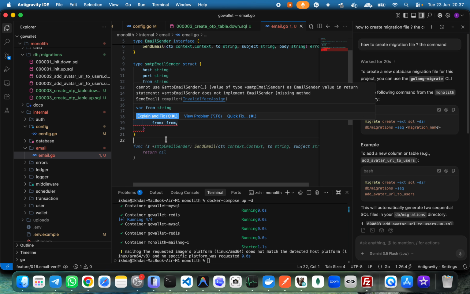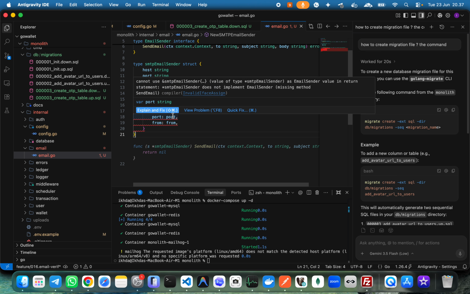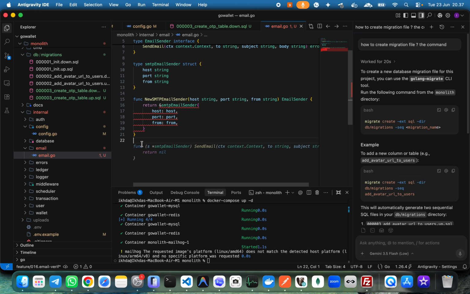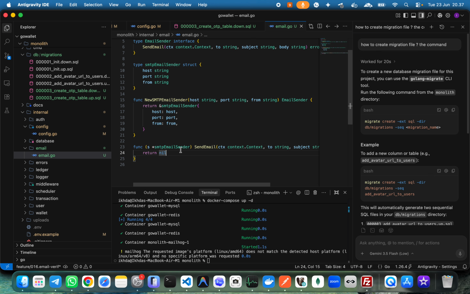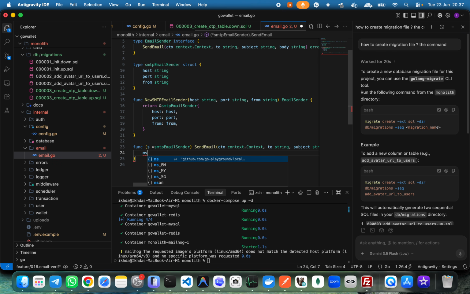What is this? What is this error? Missing methods and email. Okay, we send email. Okay, so now the send email, I want to have message